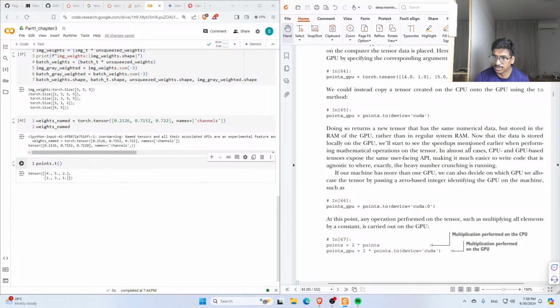In almost all cases, CPU and GPU based tensors expose the same user facing API, making it much easier to write code that is agnostic to where exactly the heavy number crunching is running. If our machine has more than one GPU, we can also decide on which GPU we allocate the tensor by passing a zero-based